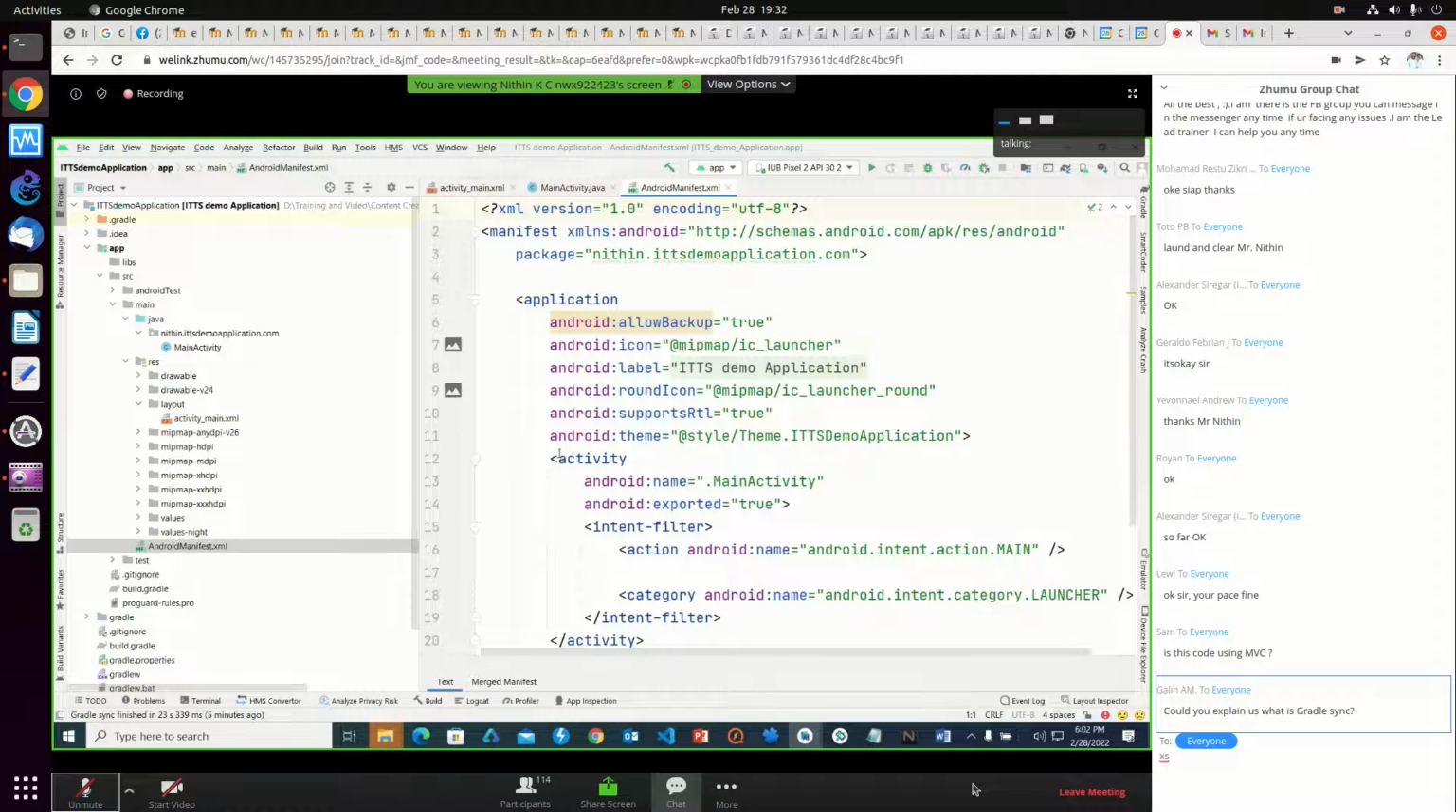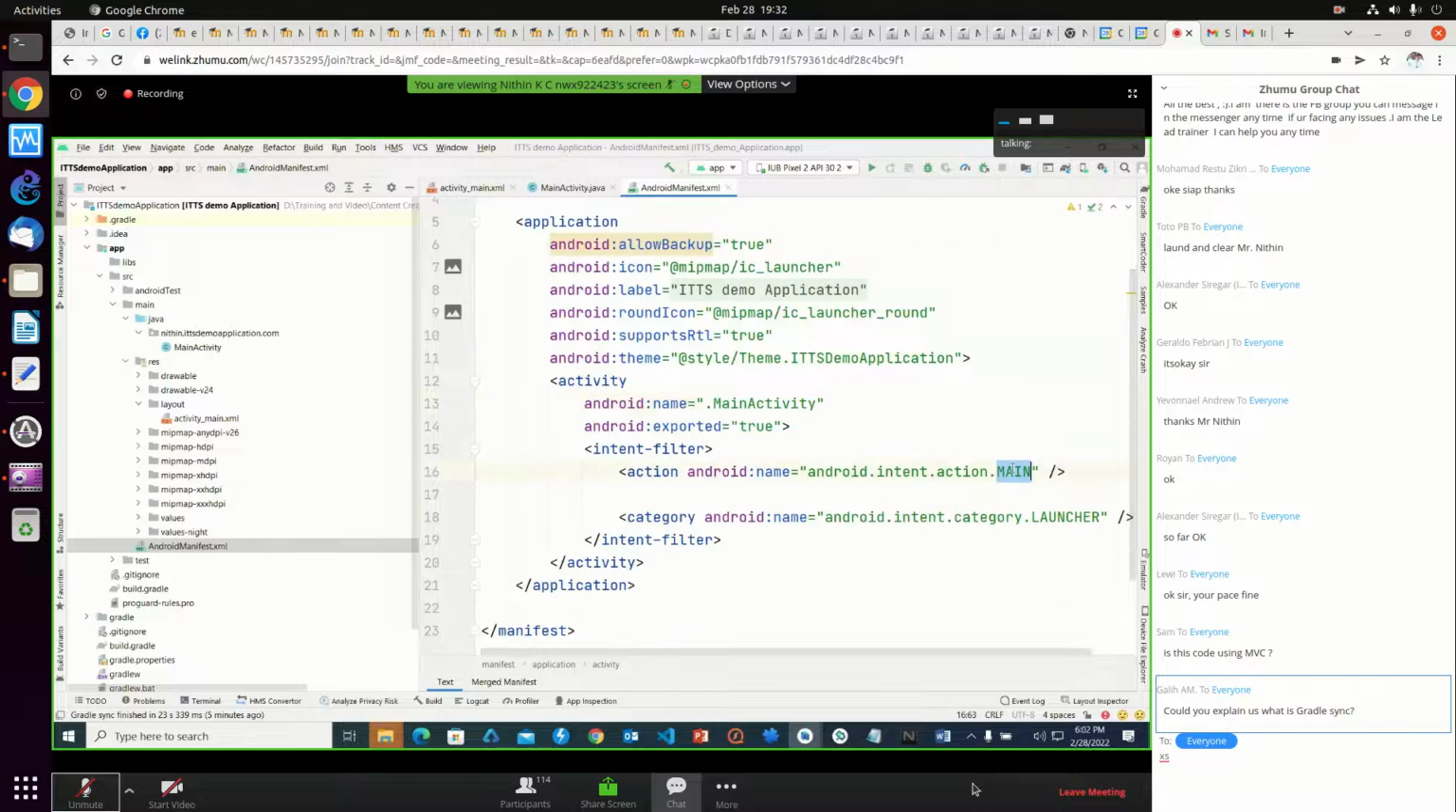See here, by default they added this activity name. The main activity is registered here, and it should be the launcher one. See here, they mentioned the intent filter. So just imagine you can create another activity here, a second activity, or there you can add your own other